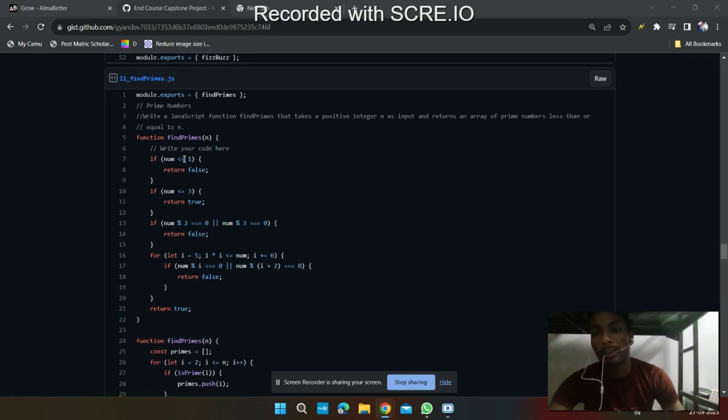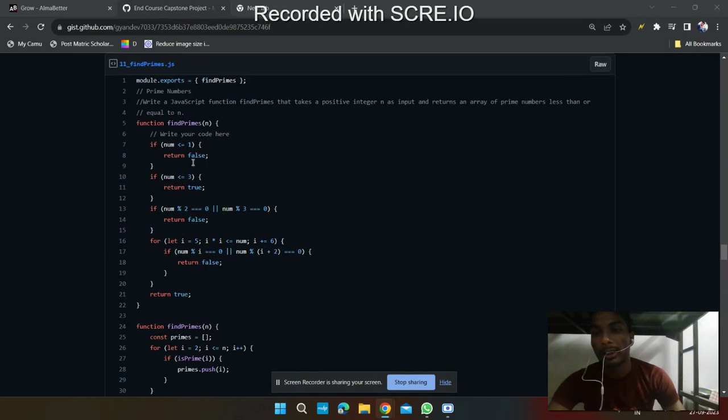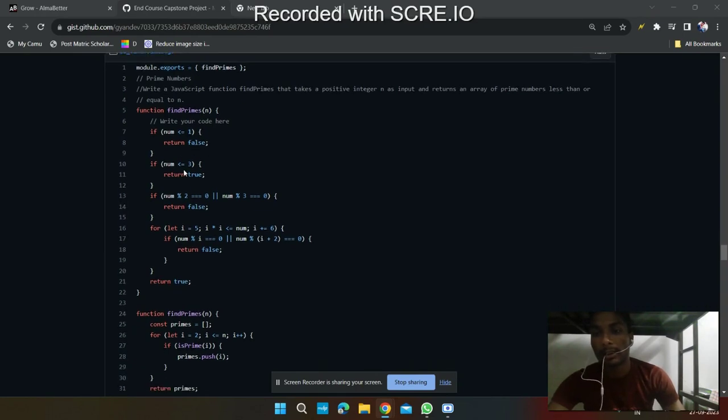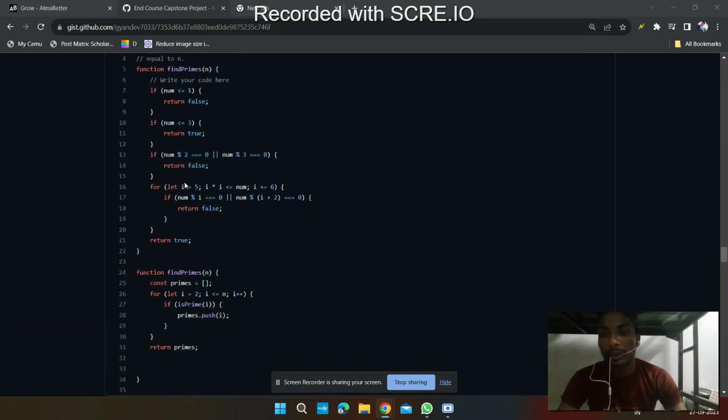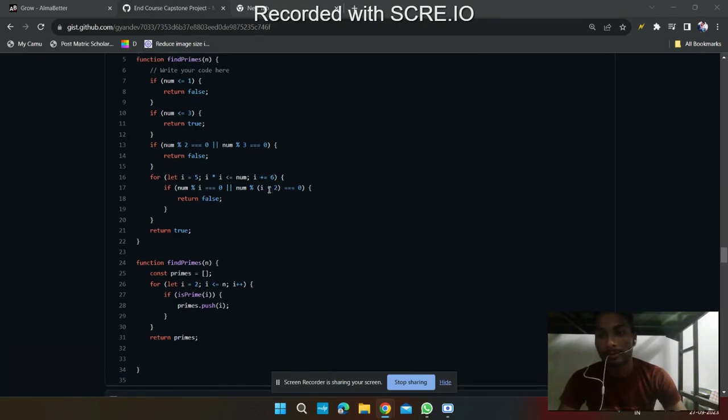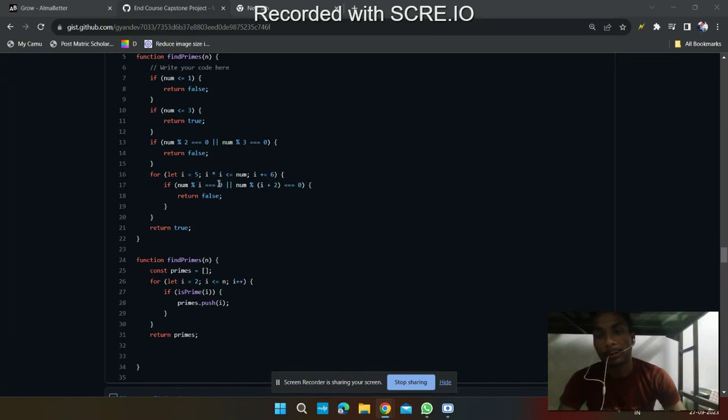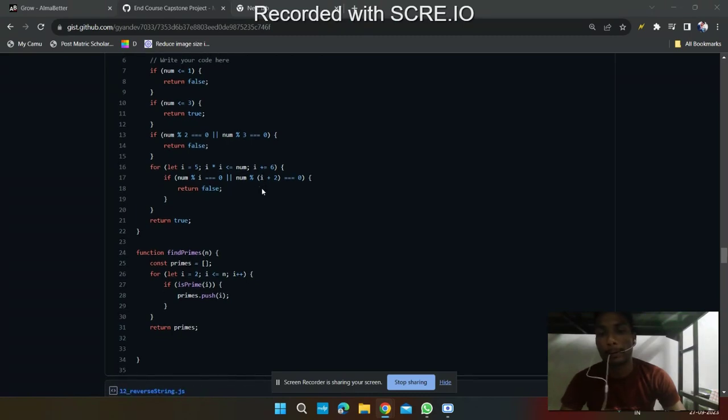Now checking if num is less than or equal to 1, then return false. If num is less than or equal to 3, then return true. If num modulus 2 equals 0 or num modulus 3 equals 0, then return false. And using the for loop, let i equal to 5, and i times i less than or equal to num, and i plus 6. If num modulus i equals 0 or num modulus i plus 2 triple equals 0. Here we are using triple equals to check the data type also,